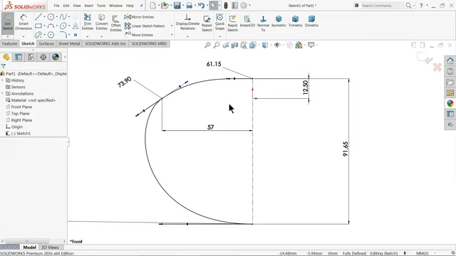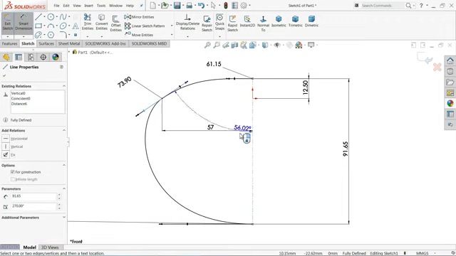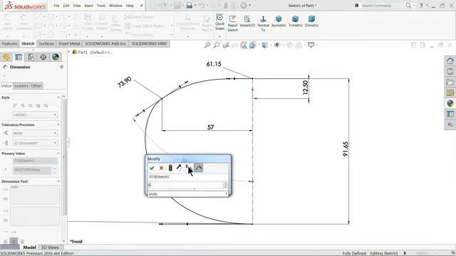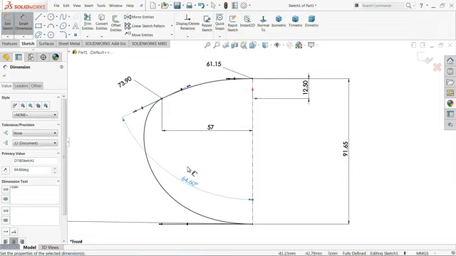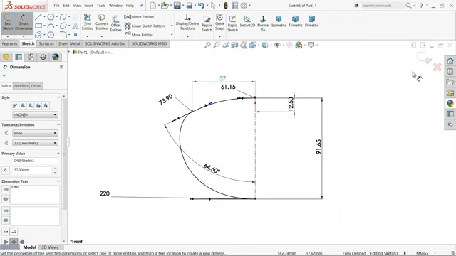See, now the drawing seems fully defined, but we need to define one more thing, the angle. Select this arrow and this one. Now this angle gives a perfect shape, 64.6 millimeter. Sorry, it's degree. See, it seems a perfect design. So I hope you note down all the dimensions. This is the exact dimension for this.